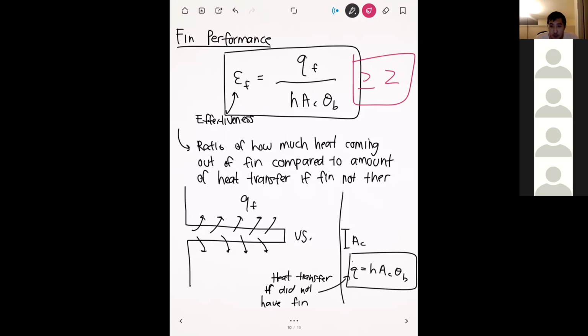Right. So, question. What's a good range for efficiency? Yeah, it's a good question. Usually for this, this is effectiveness. We'll go over efficiency a bit later. So, effectiveness, usually you want to be at least greater than 2, but the exact numbers and the exact thresholds